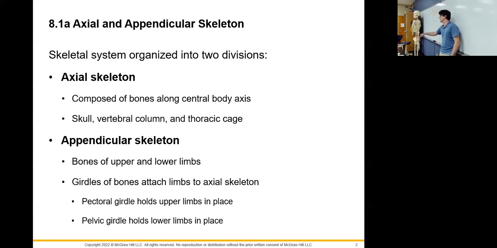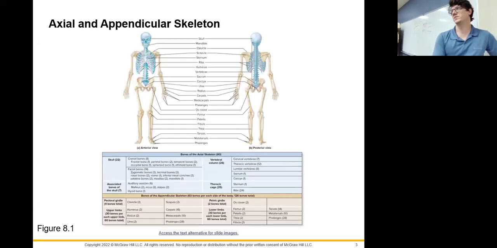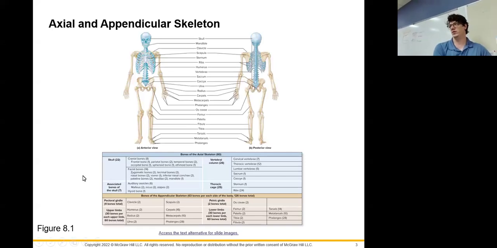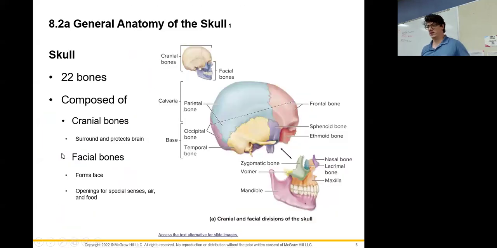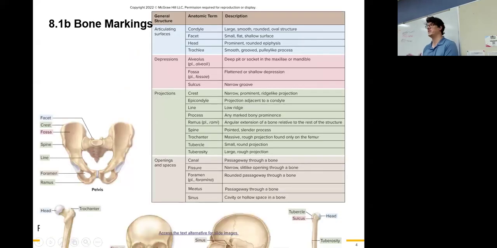Okay, so today we're going to talk about primarily the skull. When we come back next time, we will talk about the vertebrae and some other stuff. But today we're really just going to kind of introduce the skull. So on the screen, you can see in blue is the axial skeleton, and kind of brown or tan is your appendicular. Now, associated with every bone, or with many of these bones, are going to be several markings,